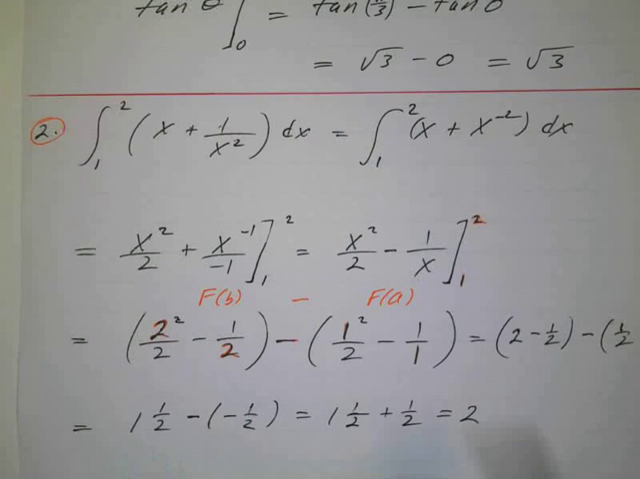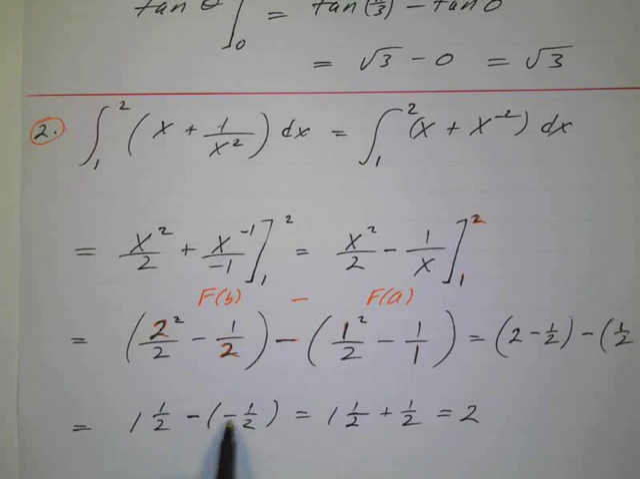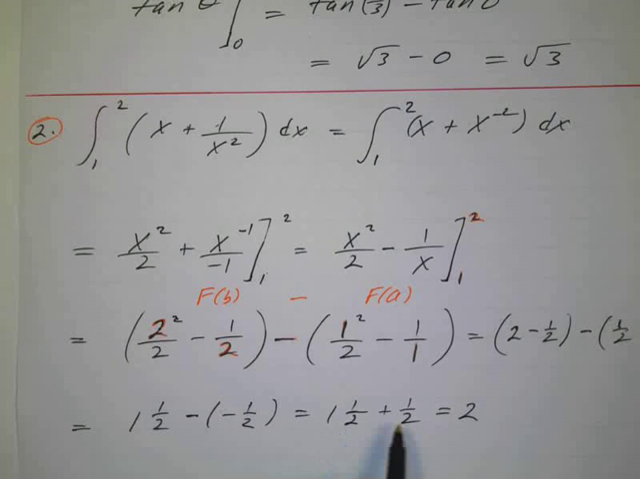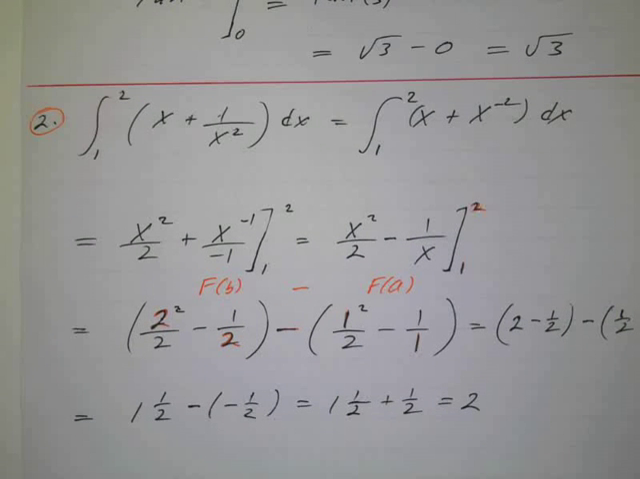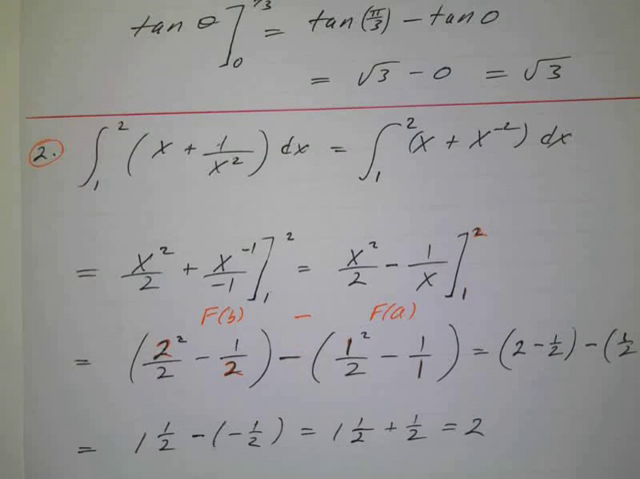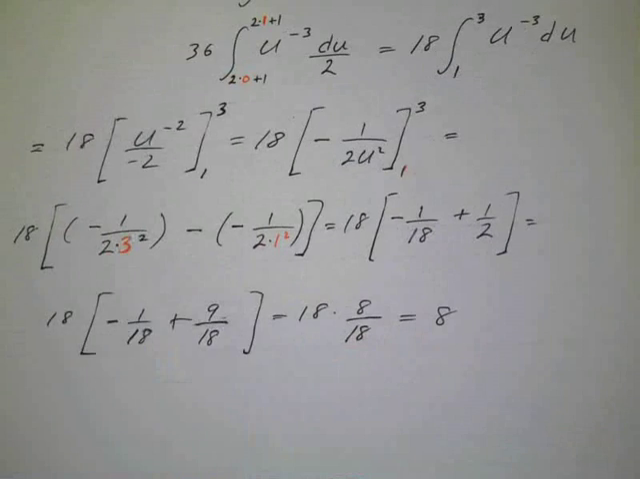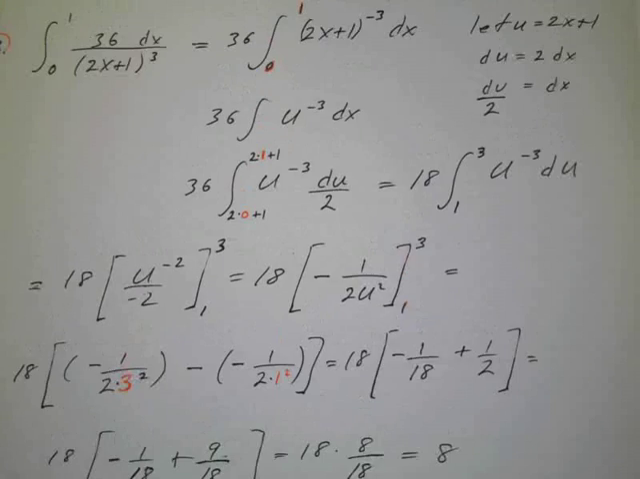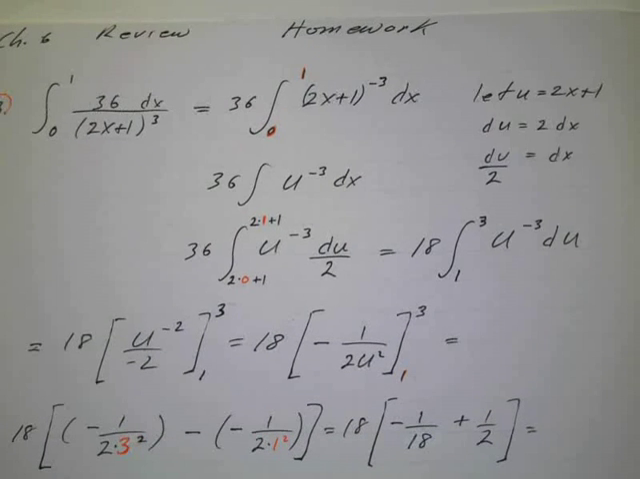Well, 2 minus 1 half is 1 and 1 half. And then 1 half minus 1 is negative 1 half, but a negative times a negative is positive. So this ends up being 1 and 1 half plus 1 half, which is 2. Okay, so nothing, just straightforward anti-differentiation and fundamental theorem of calculus to evaluate that, sometimes called the integral evaluation